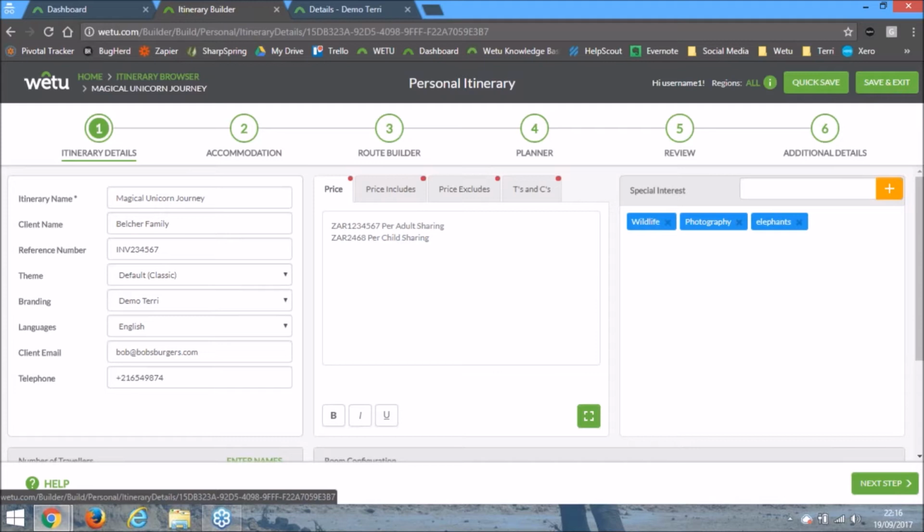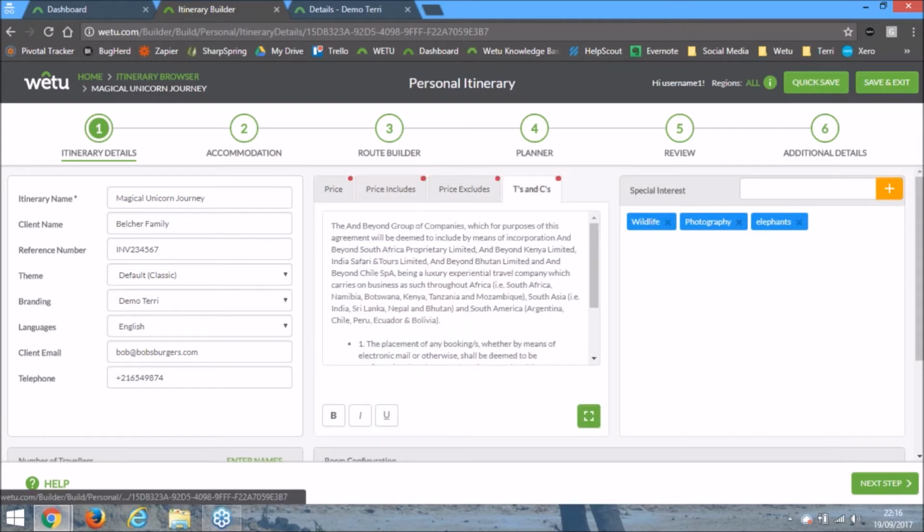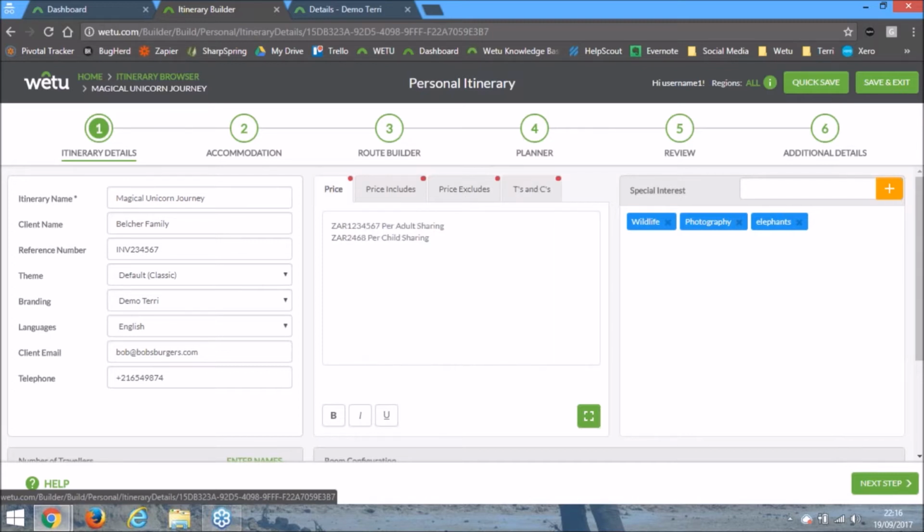So on this screen, there are only a few changes. The main biggest one is T's and C's. And what this allows you to do is basically enter terms and conditions for this particular itinerary. Previously, or what we have at the moment, is you could put your trading terms and conditions or company terms and conditions inside of your admin panel, but those would only show all the time for all of your itineraries, but not really be tailor-made to that specific itinerary. So what you can do is now per itinerary actually put the information in that is for this particular itinerary,